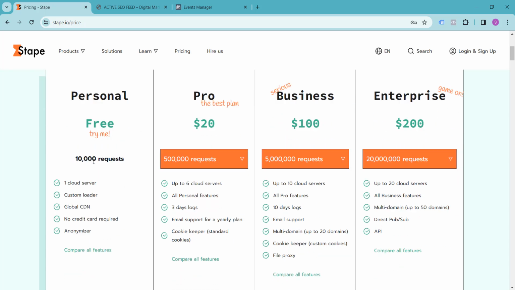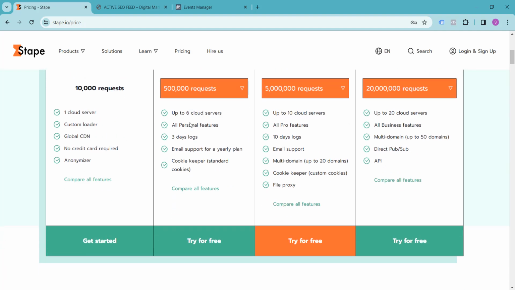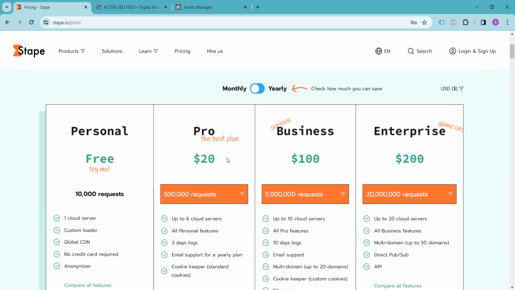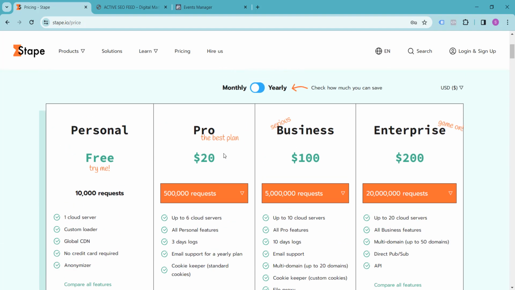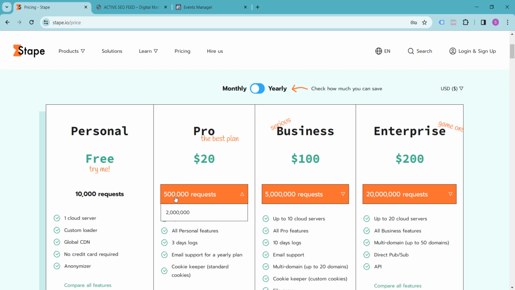It is free for only 10,000 requests, and when there come huge requests, then it will take away $20 per month from your pocket. It just gives you 500k requests. So it is also a challenge,